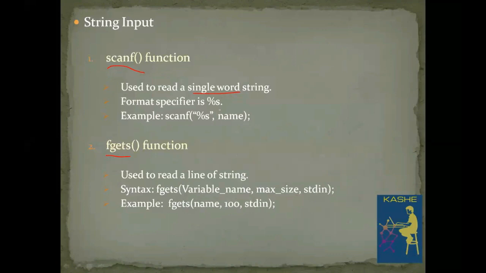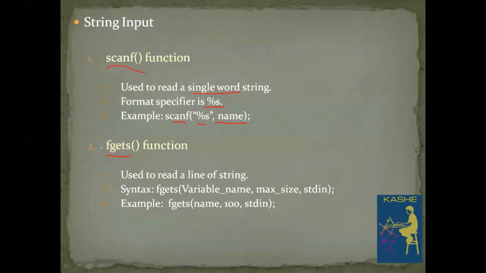While reading a string by using scanf, you can use the format specifier %s. See the example here, scanf %s. Clearly observe, I have directly used the name of the character array. I did not use any address-of symbol there because name itself is a pointer which has the address of the first character in memory. So no need to specify the address-of symbol again.